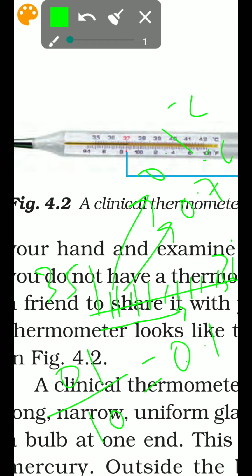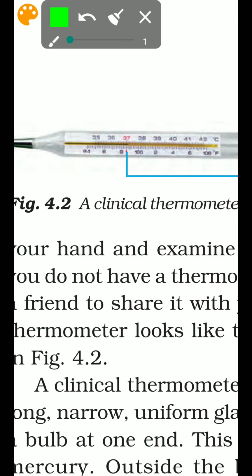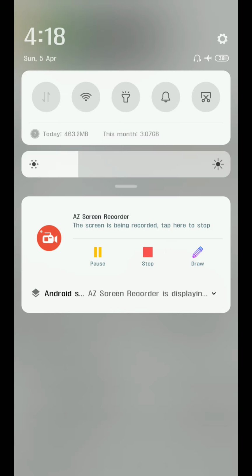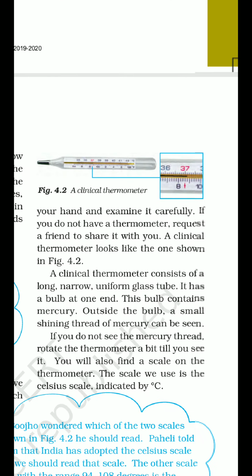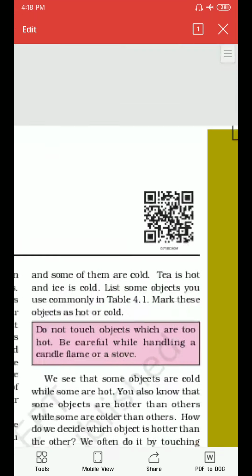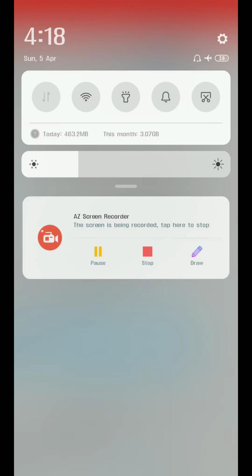All right, so now you have started to study about that. You have read about how to take the reading of thermometer, the structure of thermometer, what is heat, and how does heat travel from the hotter place to the colder place. Now the next thing we have to start is the main characteristics of